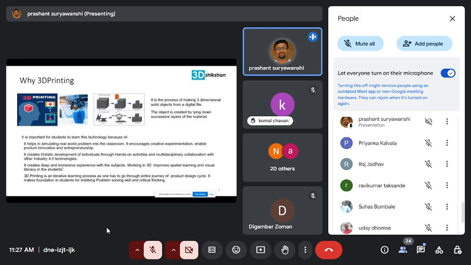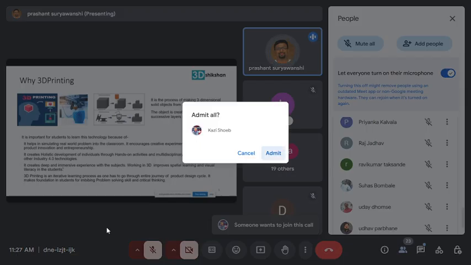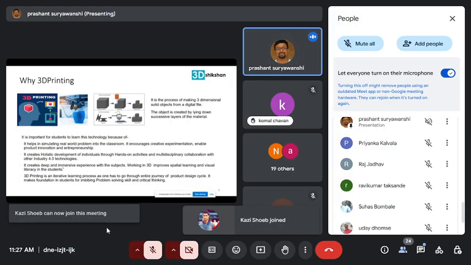So the student is going to design it, then analyze it, then print it, right? Test it and again redesign it. So what will happen in this journey? They will be able to understand how the product life cycle works, and this is not going to be limited to the classroom, because I have seen from my experience when I started exploring this technology. Earlier I may not have understood things, particularly particular products, how their life cycle is happening and all.